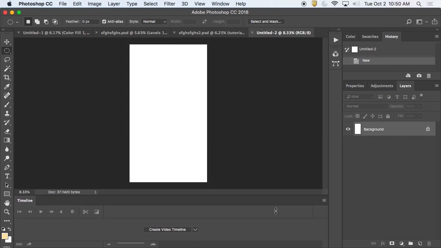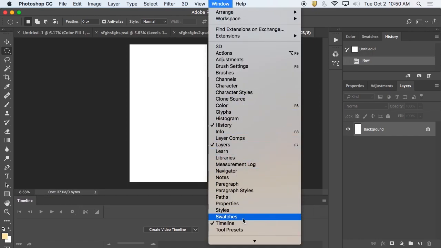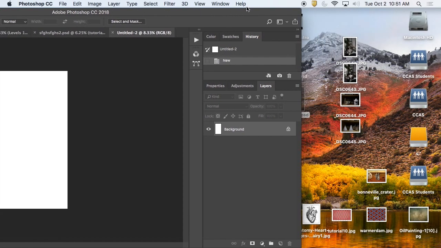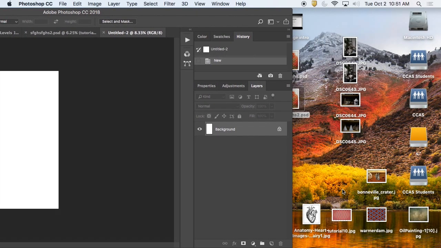That's going to create that. Now, you'll notice I have a little extra space here. So we're going to introduce the timeline window in this process, all right? But first, let's get some stuff in there. Let's do this one.